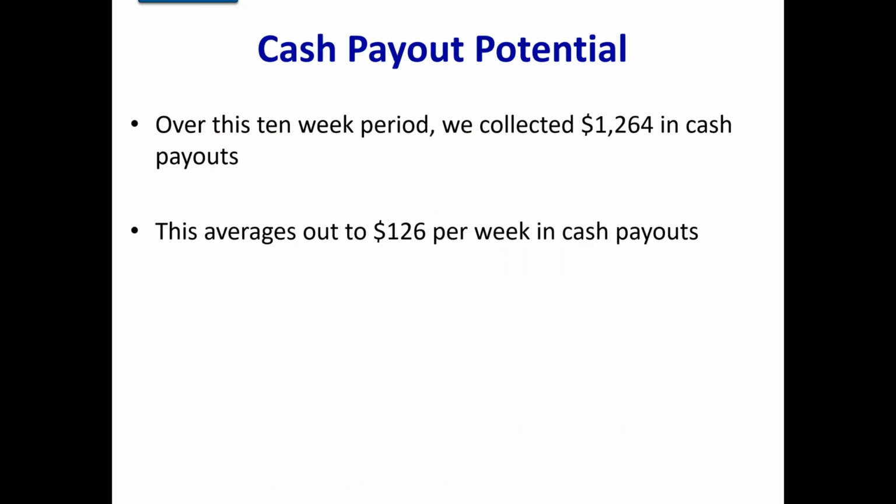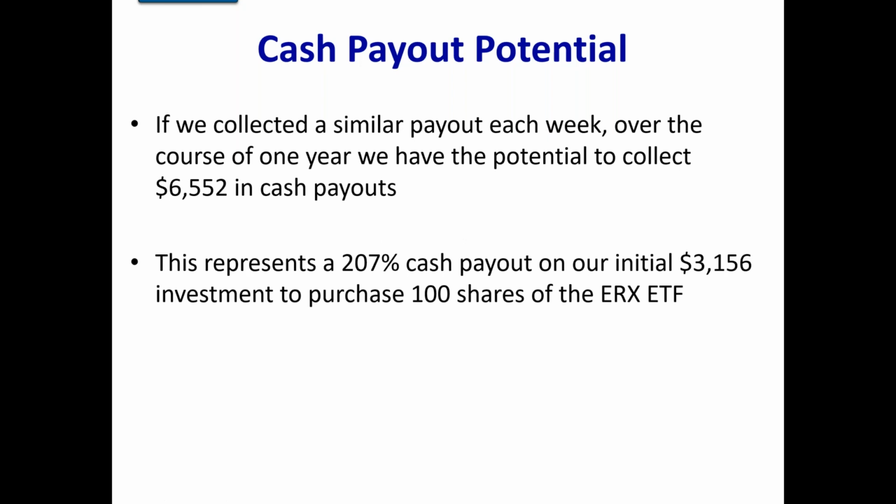So over this 10-week period that I looked at, we collected $1,264 in cash payouts after commission. So that averages out to about $126 per week in cash payouts. And if we collected a similar payout each week, over the course of the year, we have the potential to collect $6,552 in cash payouts. So this represents a 207% cash payout on our initial investment of $3,156 to purchase the